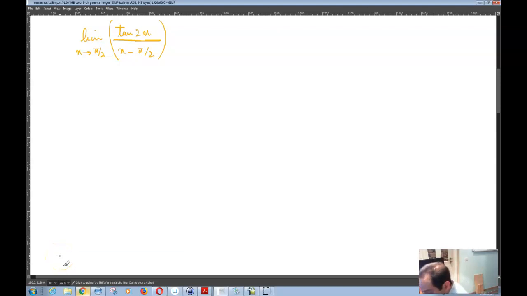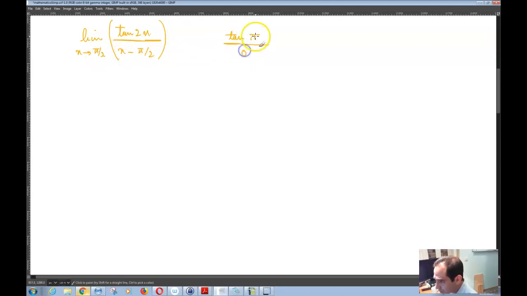Okay, so the next exercise that we have here is you want to find the limit of tan 2x by x minus pi by 2 as x tends to pi by 2. So if I evaluate this function at x is equal to pi by 2, what I will get is tan of 2x, which would be 2 times pi by 2, which is equal to pi, and pi minus pi by 2